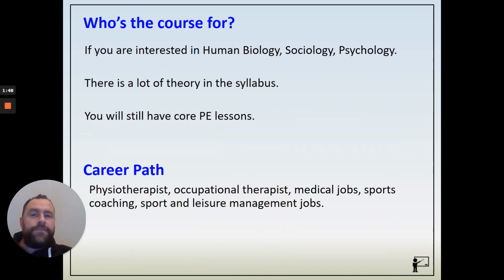Who's this course for? If you're interested in human biology, sociology, psychology, could be for you. There's a lot of theory in this syllabus to get through in the 2 years we have, and it's worth reminding you, you'll still get your core PE lessons throughout Year 10 and Year 11. What sort of career path would GCSE put you on? If you're interested in becoming a physiotherapist, occupational therapist, any medical jobs, sports coaching, sport and leisure management jobs, this